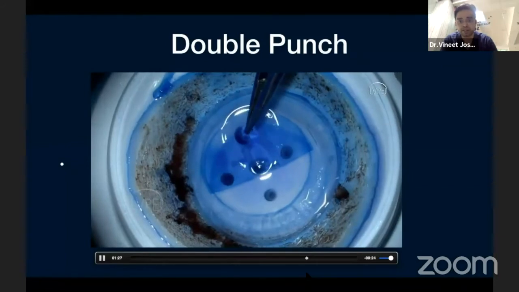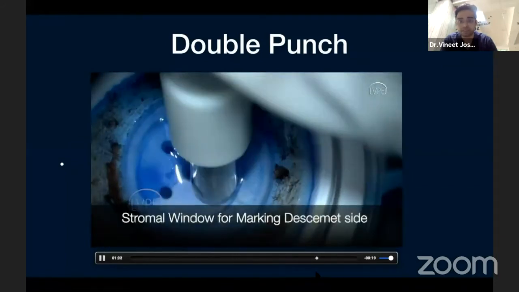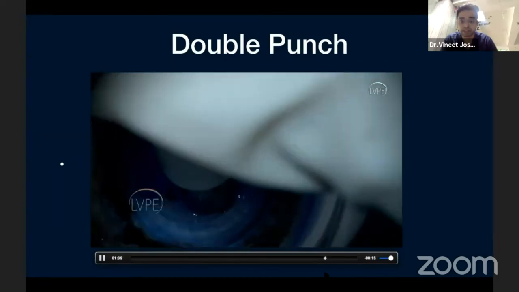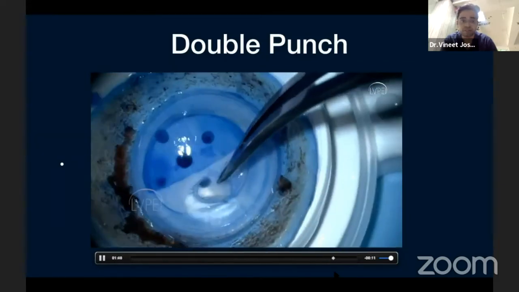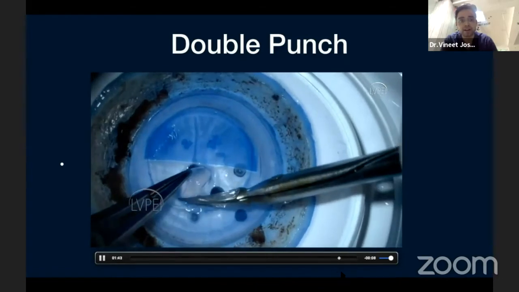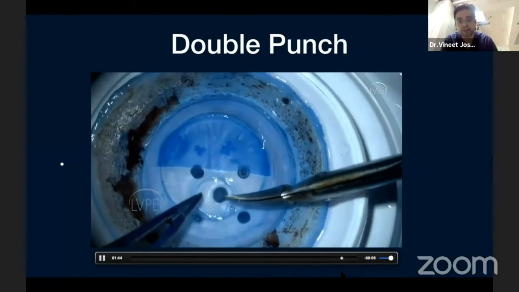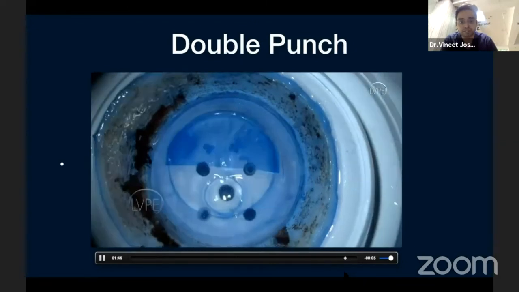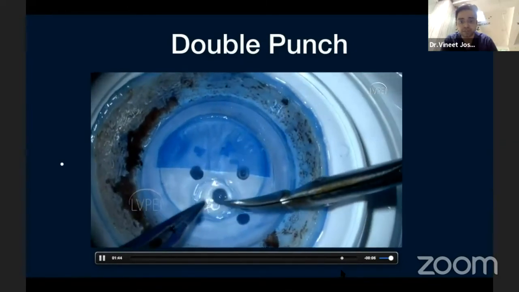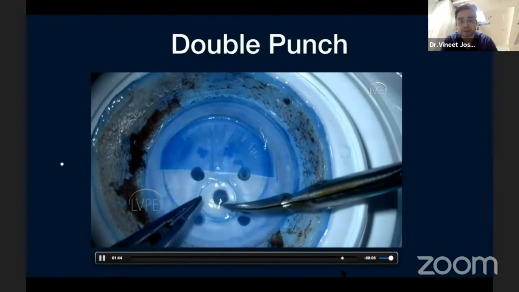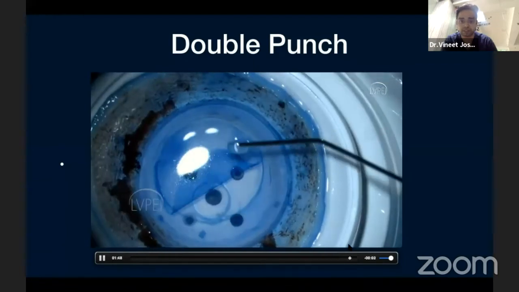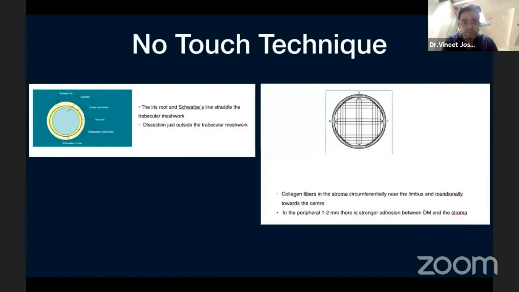With this, you have a central stripped tissue ready, and you can now make a scleral pocket window, which is used for marking the Descemet scroll. Here you have to be careful and firm to punch it through and through. Otherwise, you have to cut those tags with Vannas forceps, and make sure that you dry out the Descemet scroll before you punch this. Otherwise, it tends to fall back and will lead to endothelial cell loss due to manipulation.